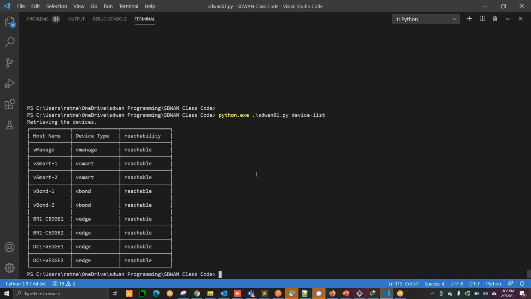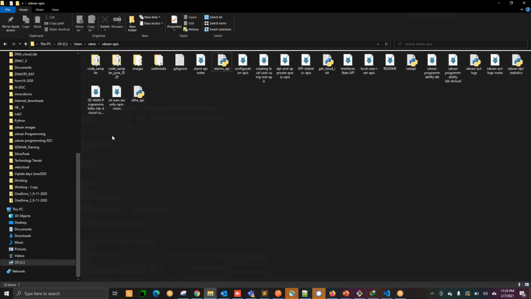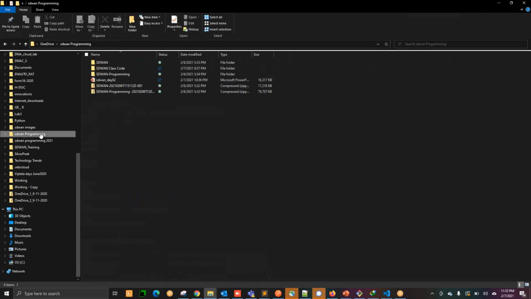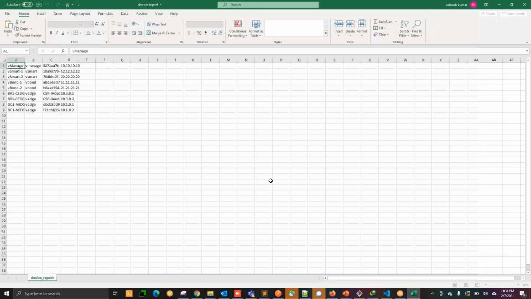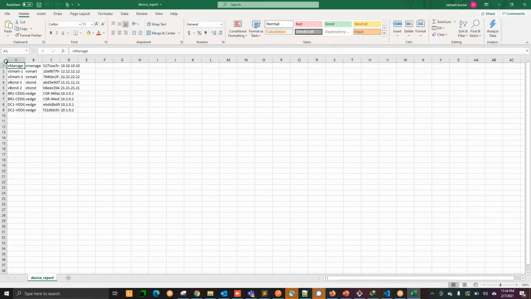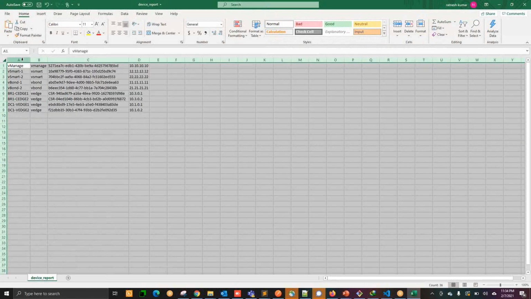What I'm going to show you in the next class is how you can convert this into Excel format. So the same result it will print, and you can see the same result inside some Excel format. If I have something, Steven class code, yeah, see. So the Excel that I'm opening here is the result of the program.